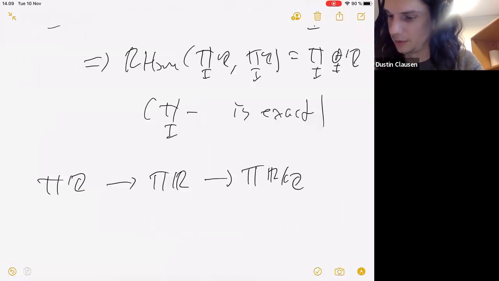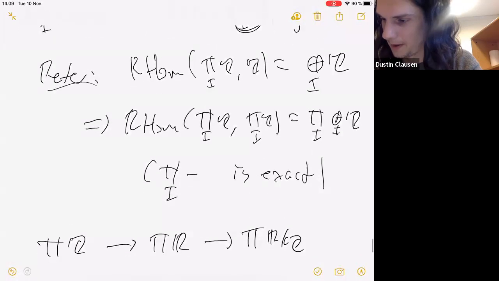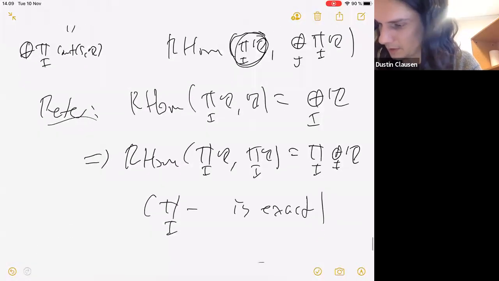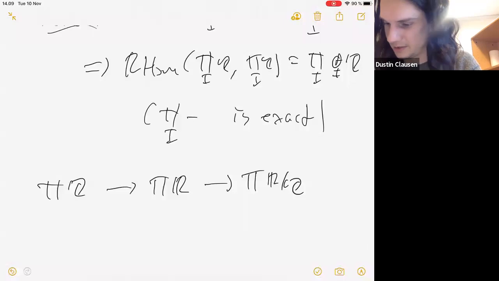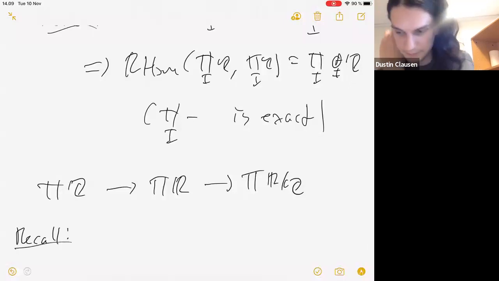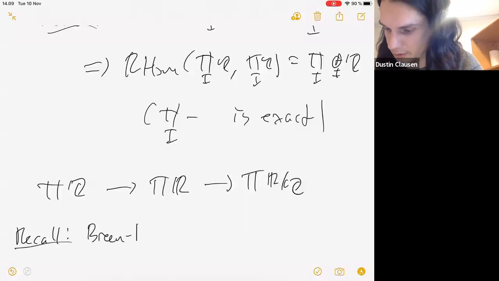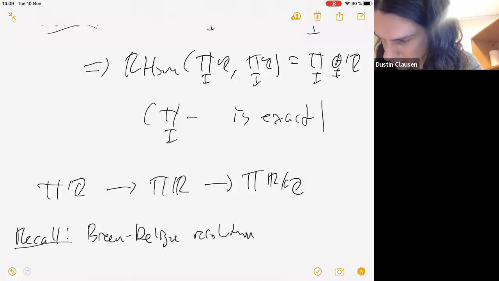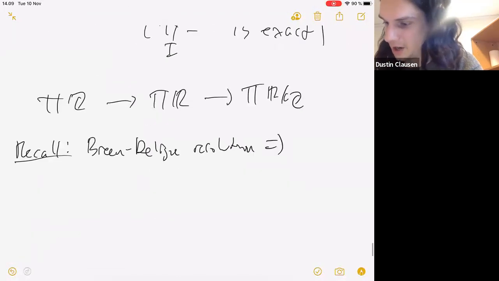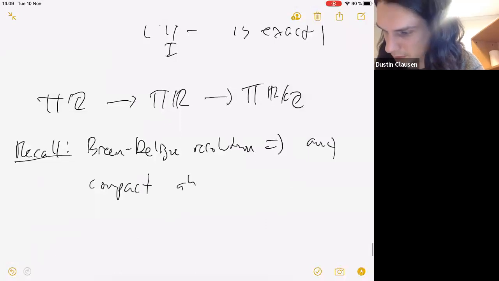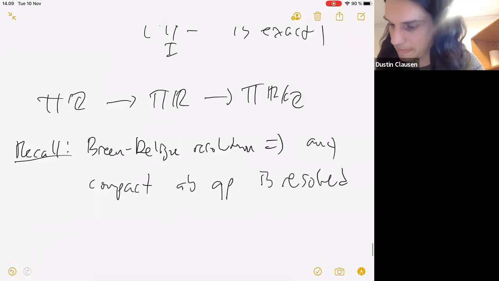Right. So we use this resolution here. And now recall that the Breen-Deligne resolution implies that any compact abelian group is resolved by